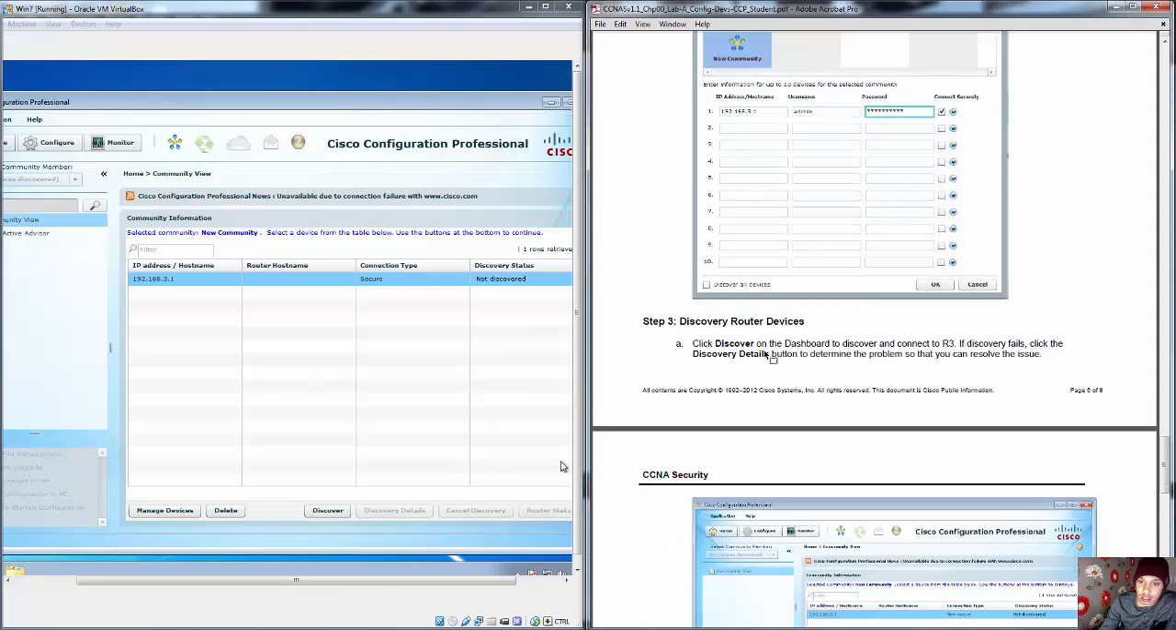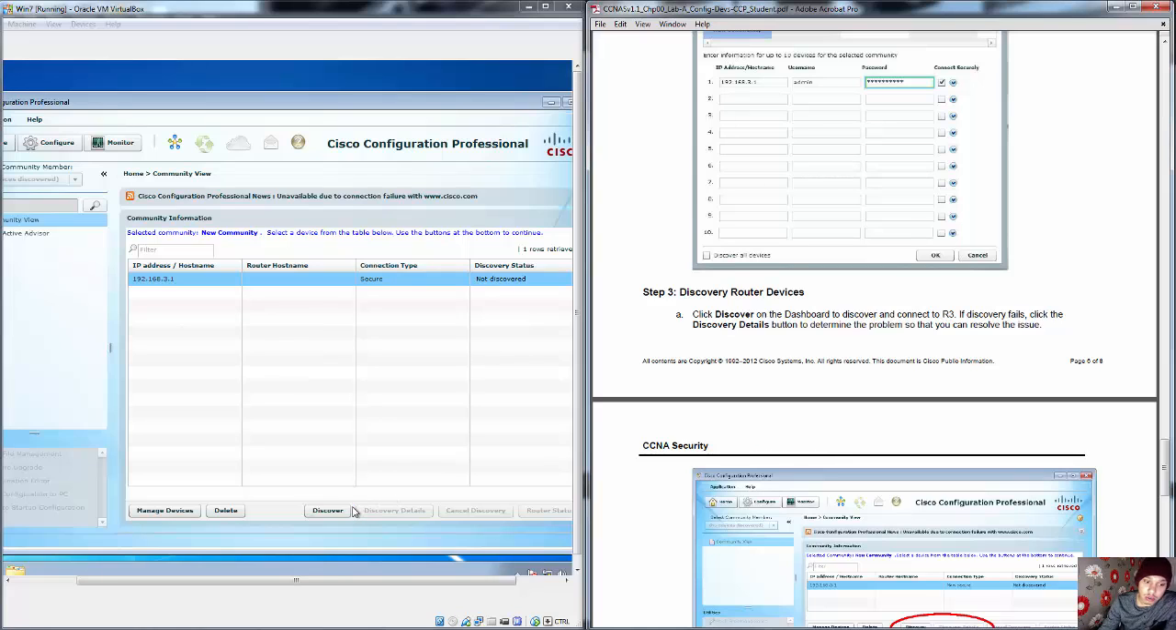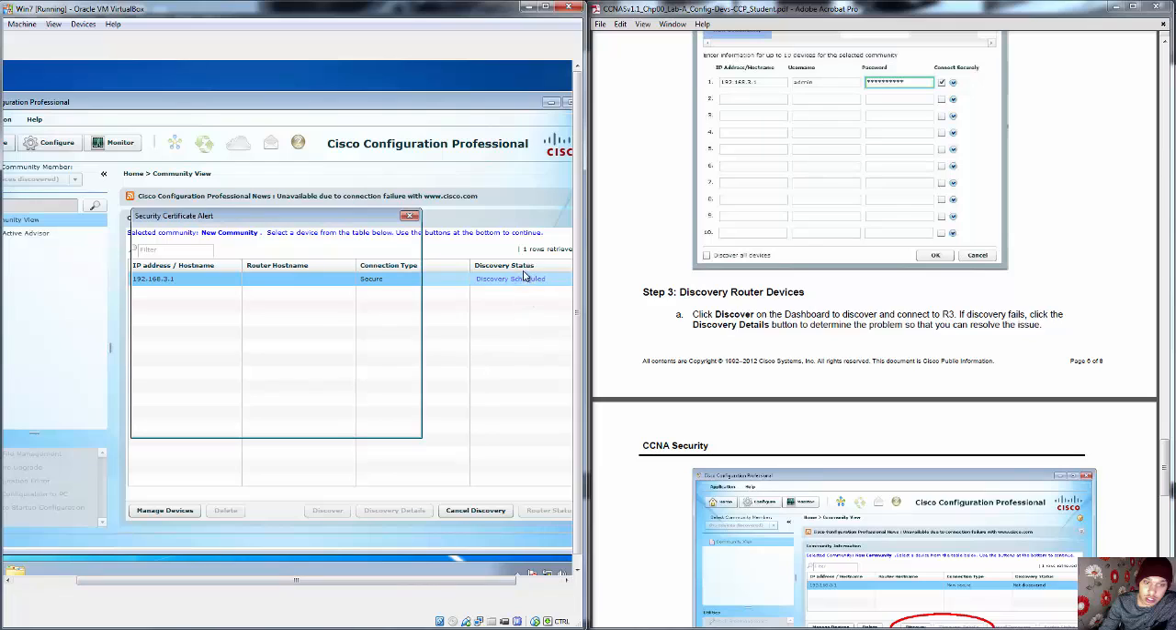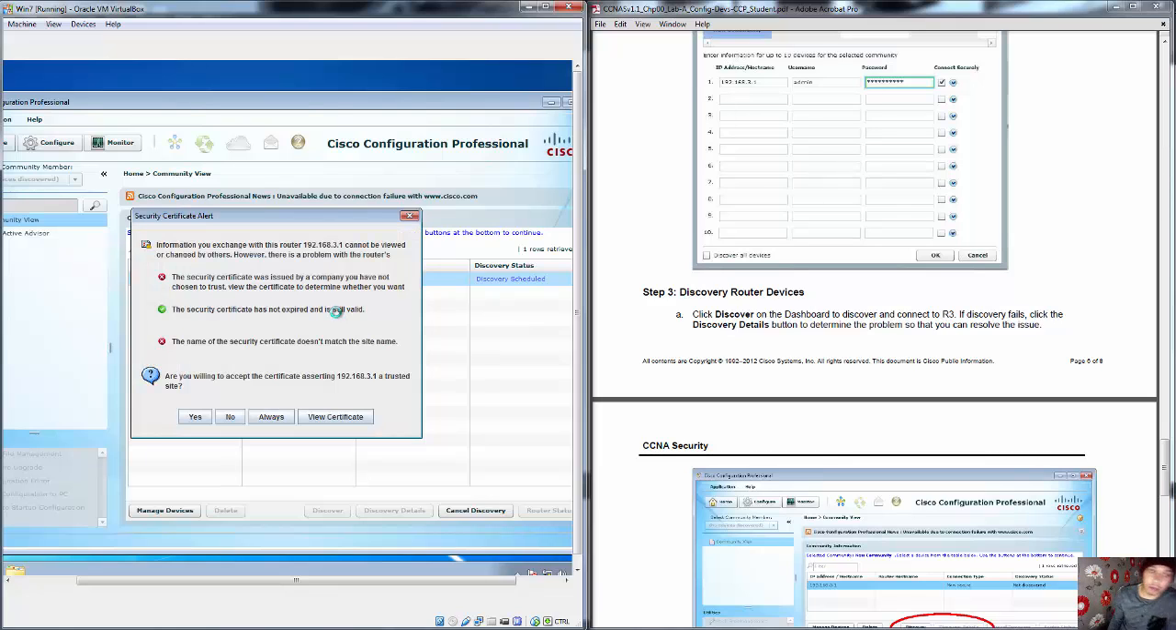Step 3. Click Discover on the dashboard to discover and connect to router 3. If Discover fails, click the Discover Detailed button to determine the problem so that you can resolve the issue. So we'll select Discover. It turns to Schedule first. Then we get a security certificate that should pop up. There we go. Are you willing to accept the certificate asserting